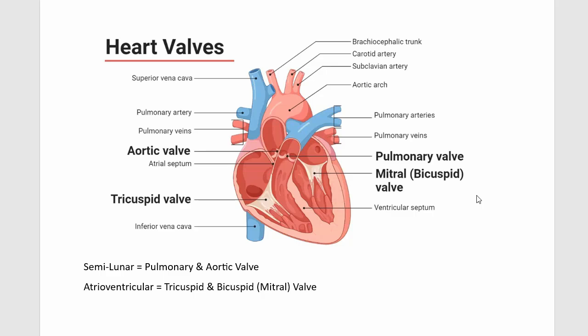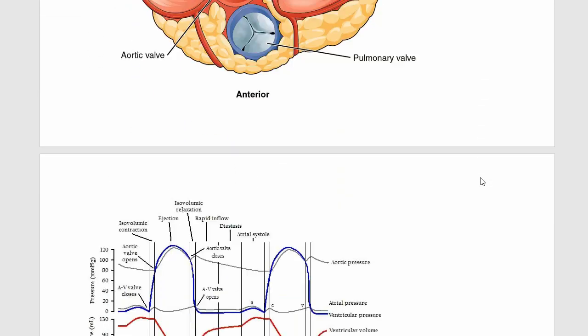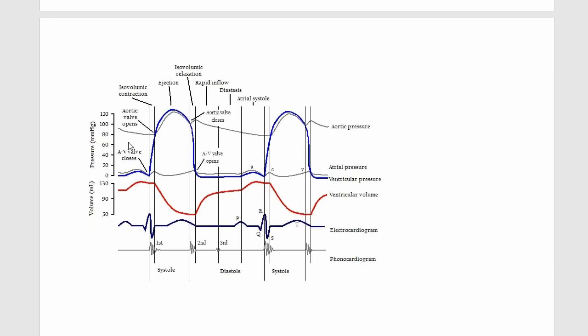So when blood is being pumped from the atrium to the ventricles, which valves are going to be open? Well, we obviously need both the mitral and the tricuspid valves open. Otherwise, the blood isn't going to go anywhere. But are the aortic and pulmonary valves going to be open? Well, no, because the ventricles need to fill with blood first before it's injected through. And we can kind of see this a little bit here. So this is where the atrial systole is, and you can see here the atrioventricular valves close at the end of systole,